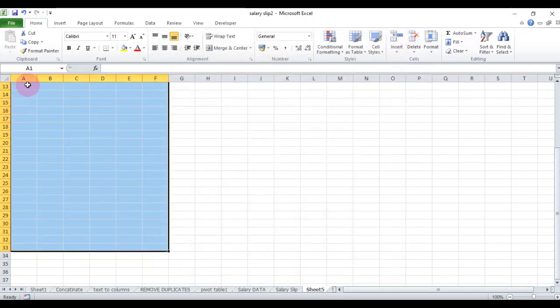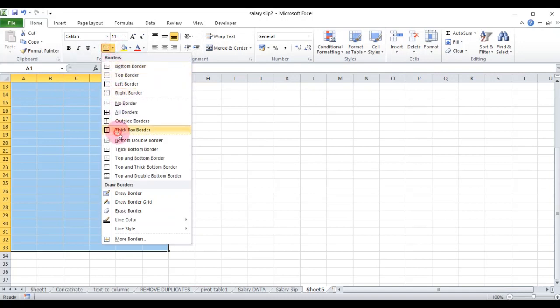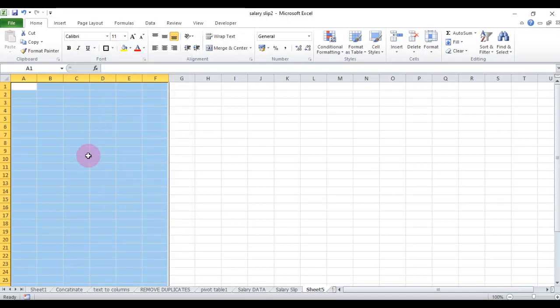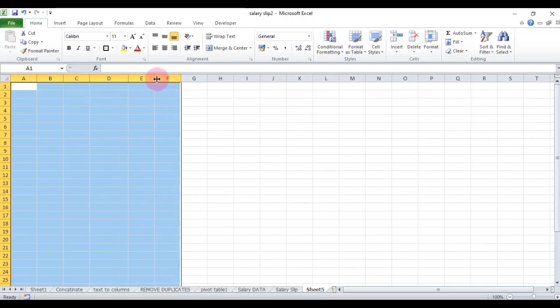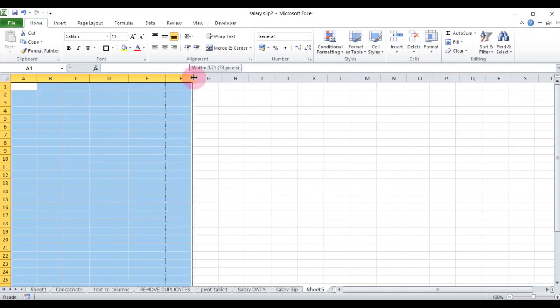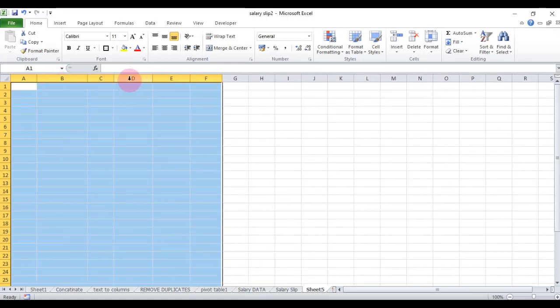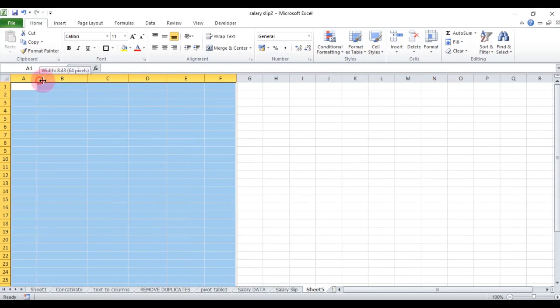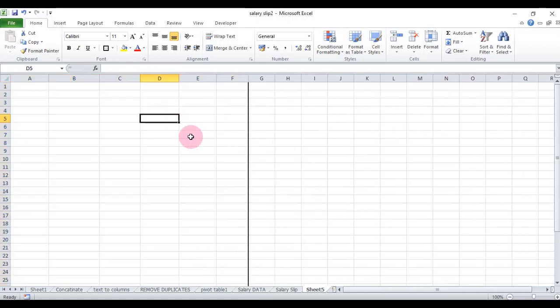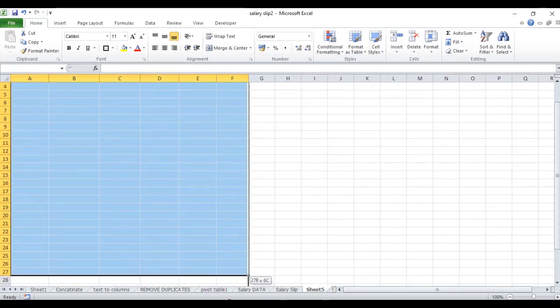You can select A1 to F34. Make a border. And also just open the cells. Make a border.